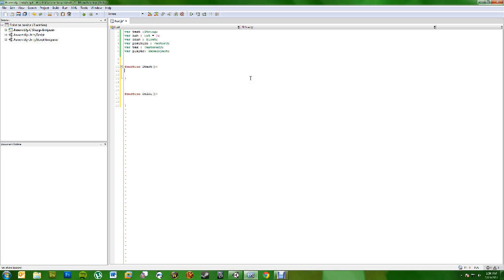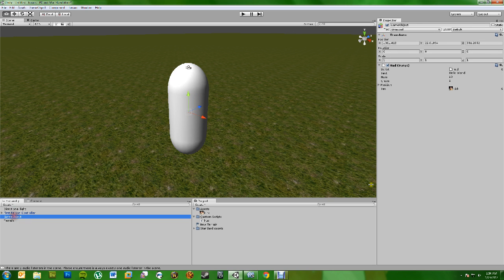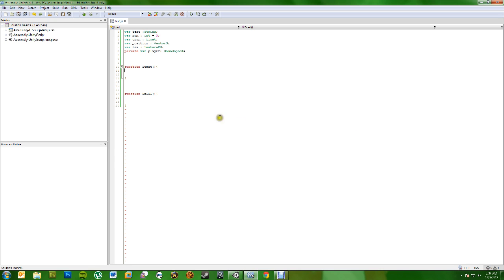But on Start, what I want it to do is automatically assign this player variable. And since I'm putting in code, I actually want to just go up here and make this one private, so that it's not going to show up in the inspector. So I save this, I look in the inspector, and it's gone because we don't want the level designer to have to deal with this, and we're going to assign it in code anyway. So this is how you assign a variable in code. You put the name of the variable, which is player, equals,